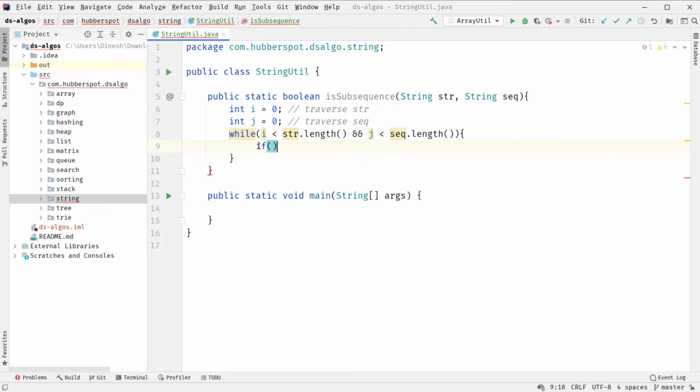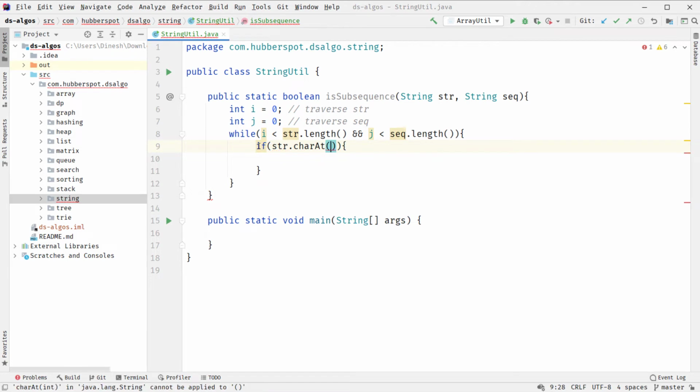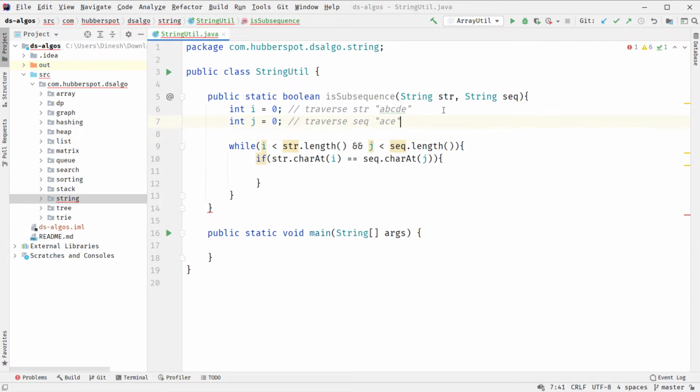So here we do if string.charAt(i) is equal to sequence.charAt(j). Let's say we take the string as A, B, C, D, E, and the sequence as A, C and E. Here you can see that j starts from 0 and i starts from 0, so we are simply comparing the first element.